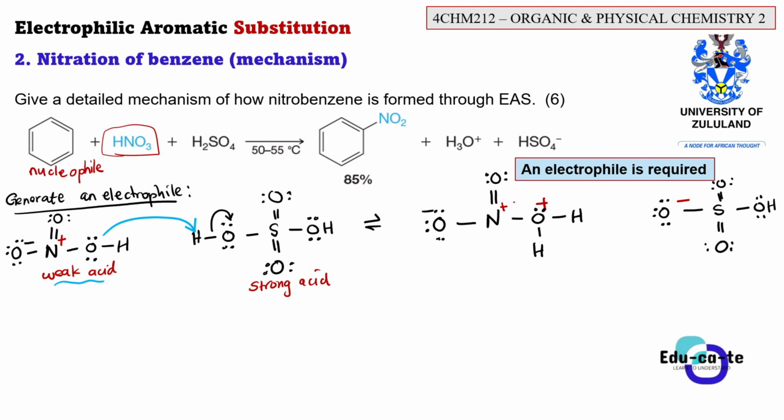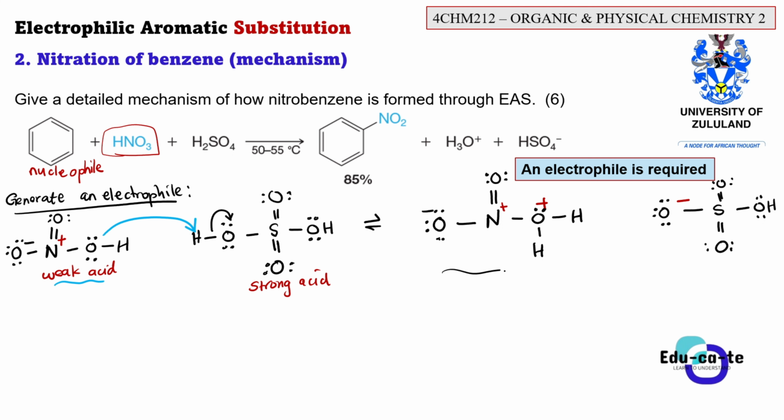So are we done generating the electrophile? Let's look at this carefully. Remember, what is our whole aim, or what is our whole purpose of using this strong acid, which is sulfuric acid? It is so that we can just kick out this OH, because OH is not a good leaving group. You already know that, right? OH is not a good leaving group. So you cannot just kick out OH and just remain with this NO2 and react it the way you want. No. First of all, we had to react with the proton, so that this one is more unstable. It just wants to leave the bond. Let's see, what do I mean by more unstable?